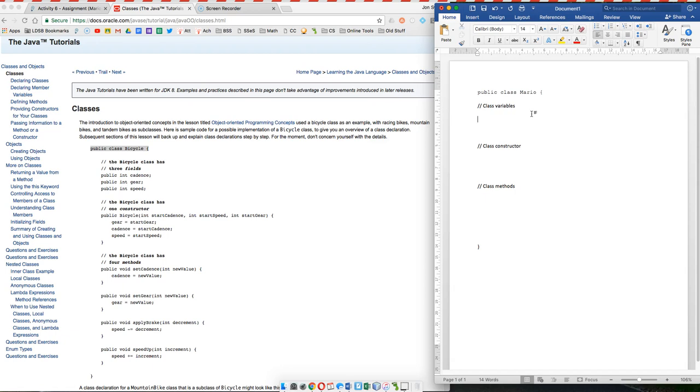So, what are some things that Mario has? Well, he has health, right? Does he have health? Yeah, he kind of has health. I guess health isn't a great one for Mario. He's got levels, like, he starts out small and then he goes big, and then if he gets the flower, he throws fireballs. So, maybe he's got these things I'll call levels. Okay, so level. Mario has a level, and initially his level is small, so maybe I'll start at 0, and that controls his kind of power, I guess.